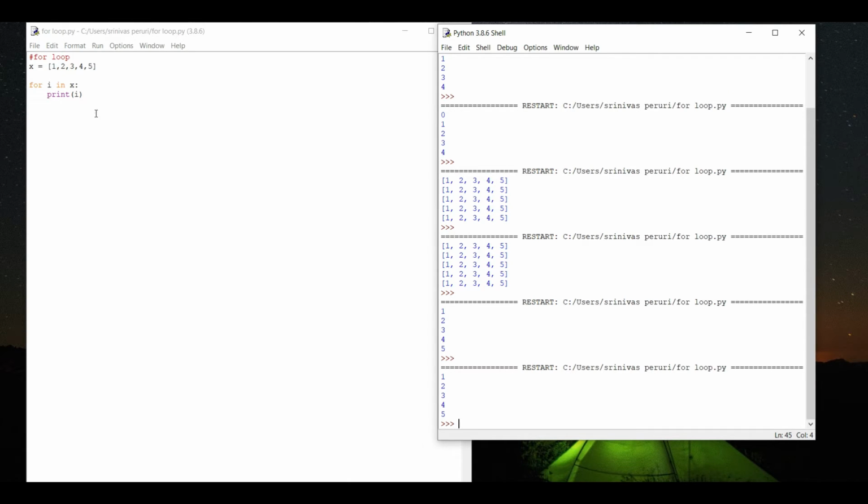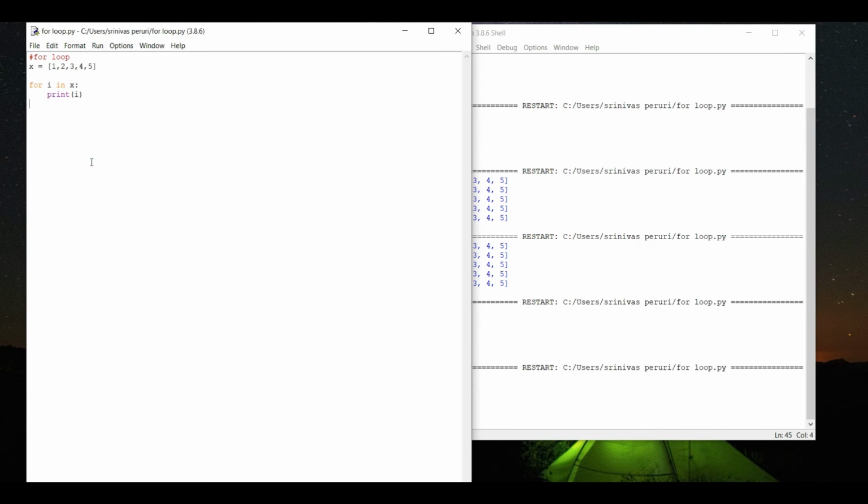Correct, right? So when you want to access each element, whether it is a tuple, a list, or anything, you can go in such a way that it is not required to use increment or decrement operations in the for loop. The for loop itself automatically increments and decrements according to the condition you have specified, and you end up with the result on the cell.